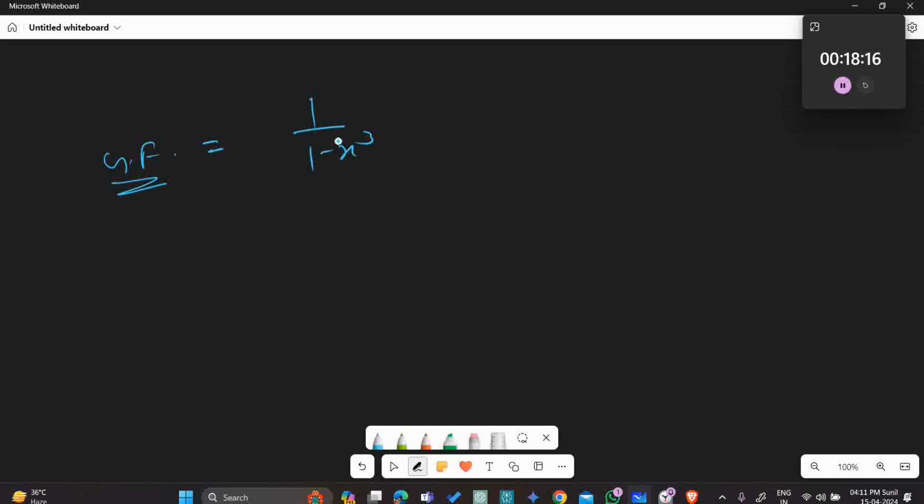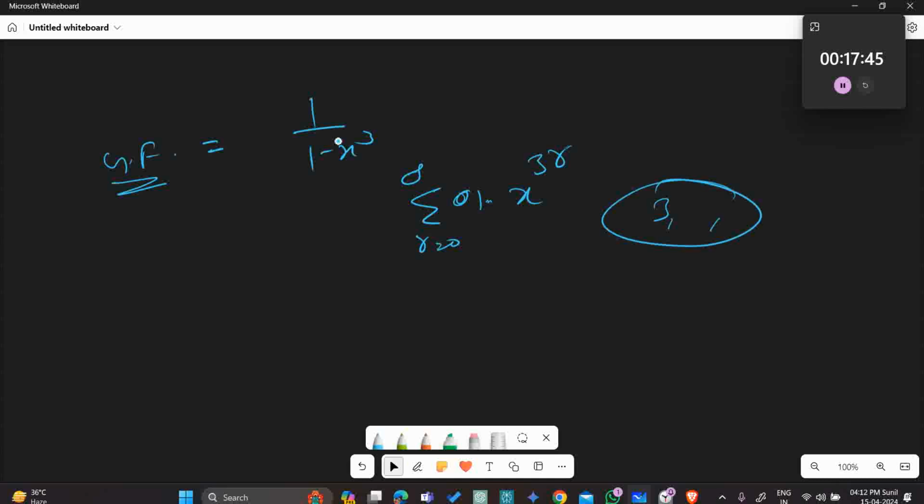So what is A of r? A of r would be the sum for r equal to 0 to infinity of 1 into x to the power 3r, which means not 1, not 2, not 3, but a multiple of 3. This should be a multiple of 3. So what we are doing is A of r is